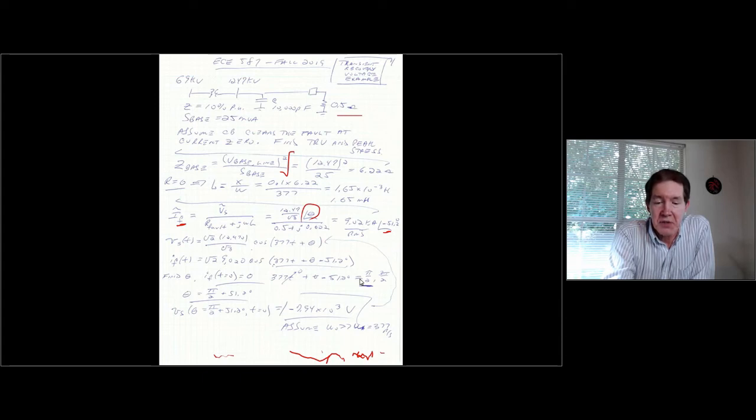For the solution we're looking for, we're going to set this to pi over 2. So if I make this substitution, at time equals 0, theta is equal to pi over 2 plus 51.2